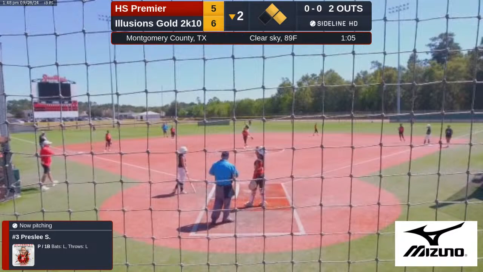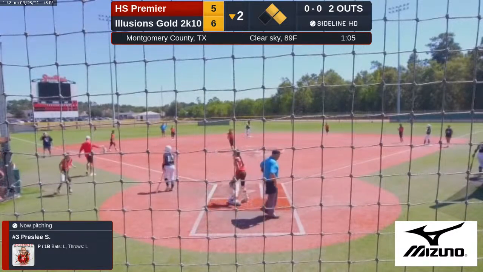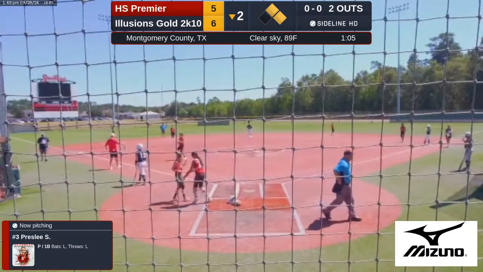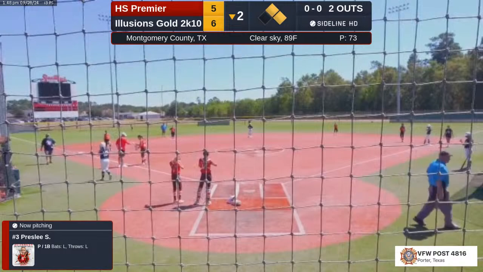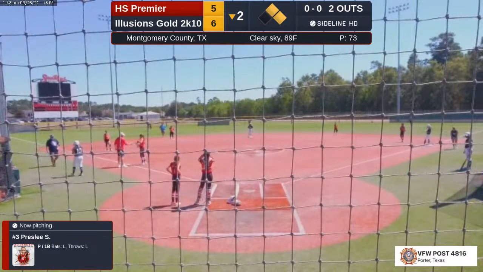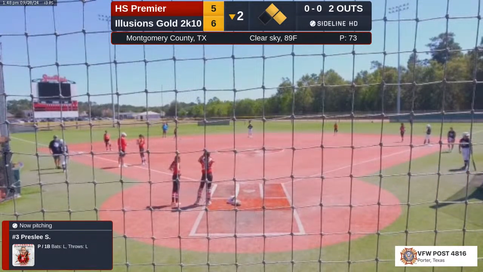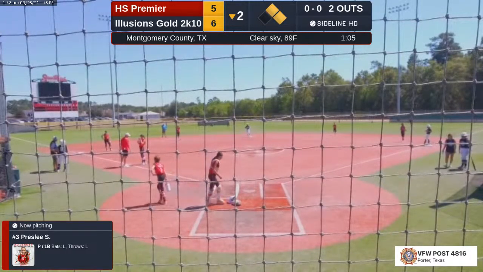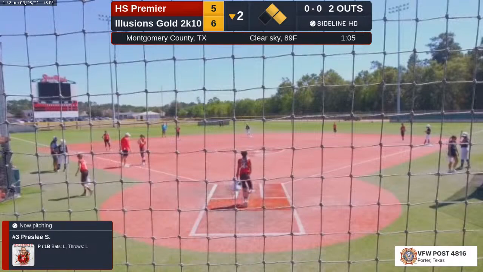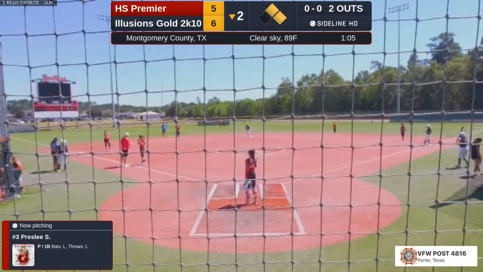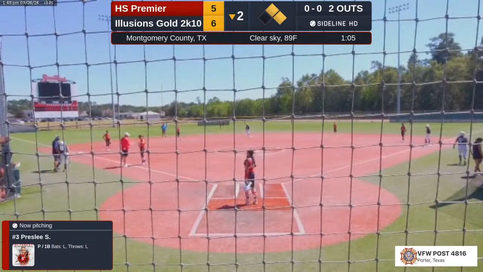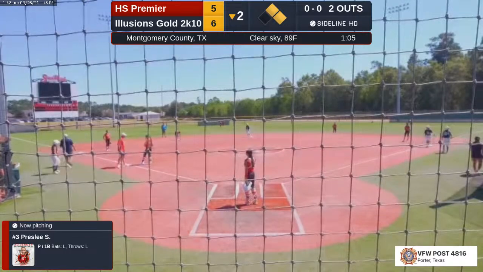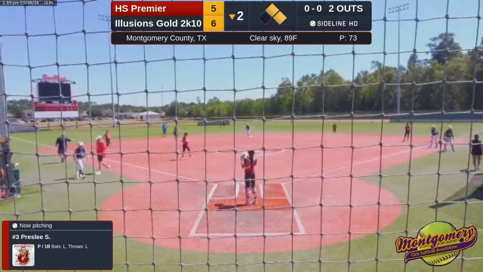Now 2 outs. We're going to bring water out to the pitcher and catcher here. It's 75 pitches, 36 balls, and 39 strikes. Hotshots are taking a break here. They need to get out of this inning in the next 10 minutes, trailing by 1, or they won't get to bat.